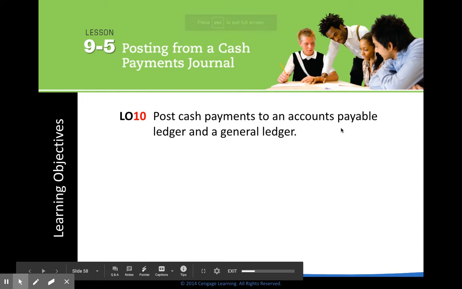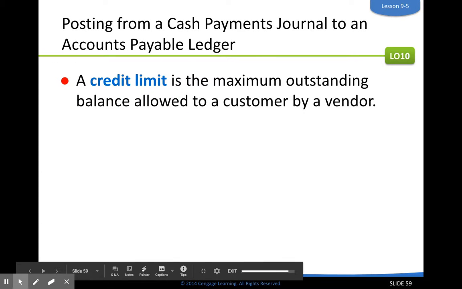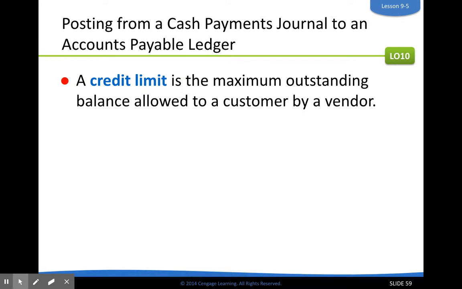In section 9-5, we're going to be posting from the cash payments journal. So this is much like we've done in the past, posting. Something to keep in mind is a credit limit is the maximum outstanding balance allowed to a customer by a vendor. So we post to each individual vendor ledger so we could keep track of how much we owe them